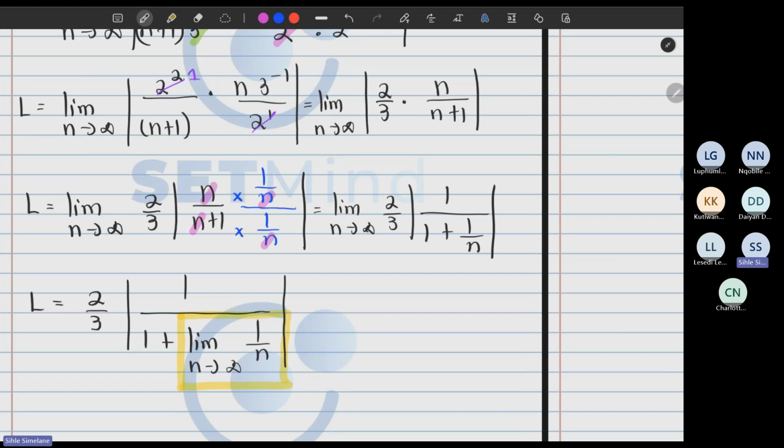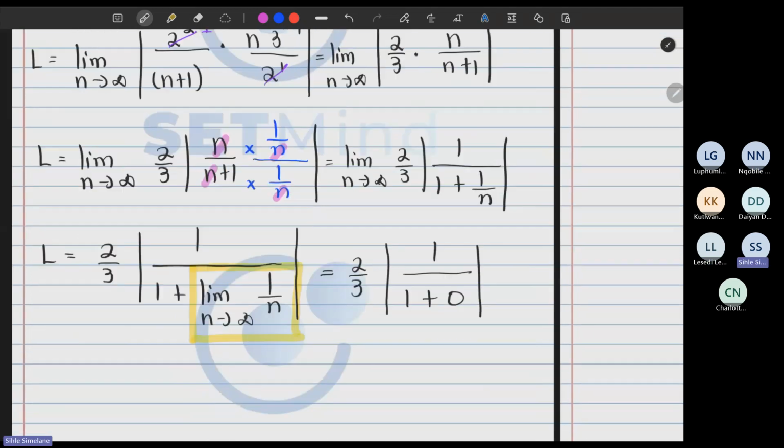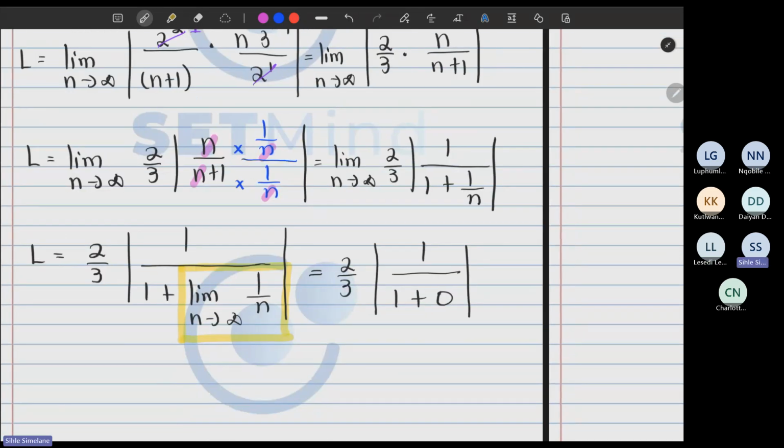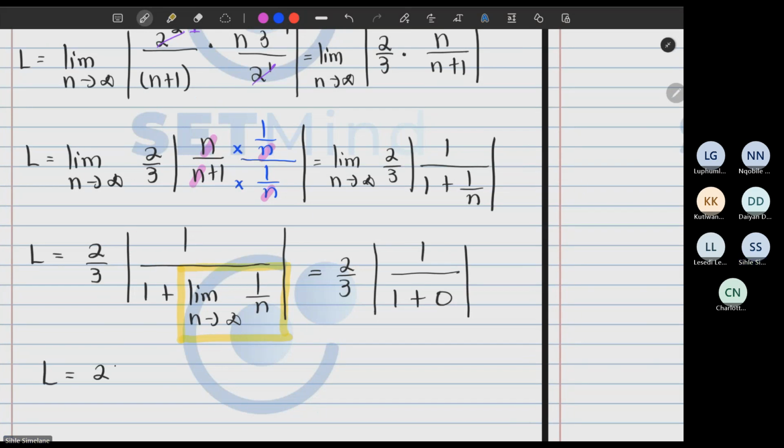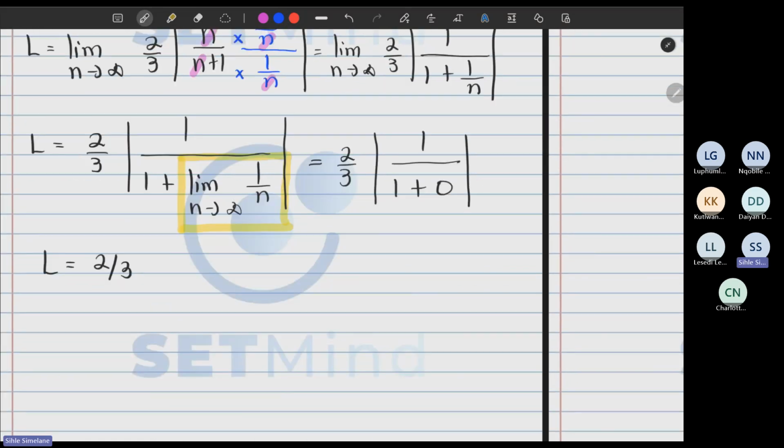What is this equal to? Anyone in the meeting? 0. So we have the absolute value of 1, and our L is 2 over 3. As you can see, 2 over 3 is less than 1. So this means our series,